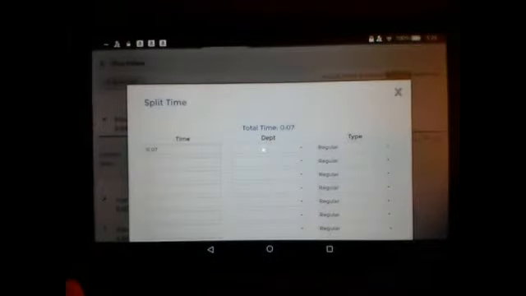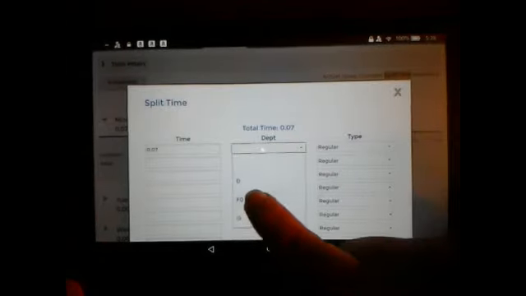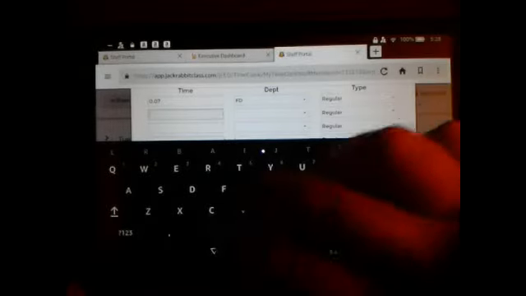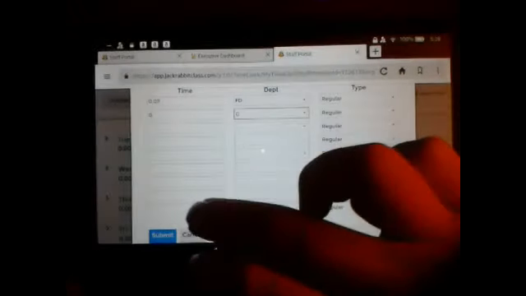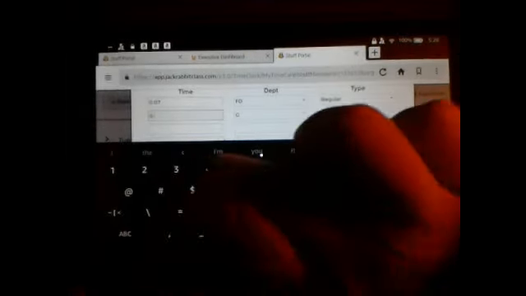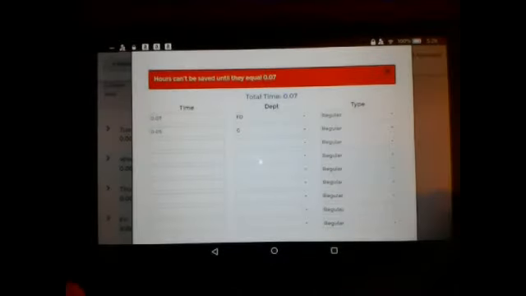If you have split your hours between, say, the front desk and dance or gymnastics, you can enter that in here with your department time. So this was considered a front desk task, so I could put front desk there. And I could put gymnastics here, and I did maybe, I don't know, 0.5. It'll make sure that you add everything up and then submit. It's going to say it doesn't equal 7. So we're going to go back up here and change this to 0.2,